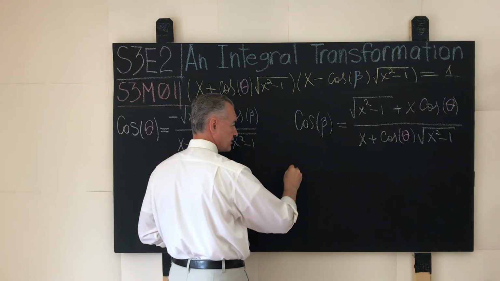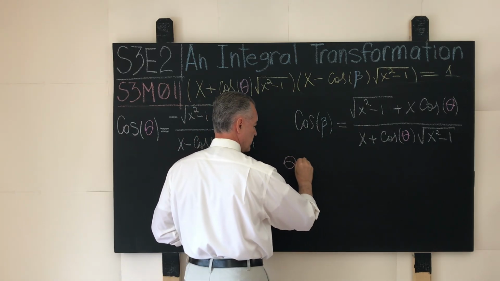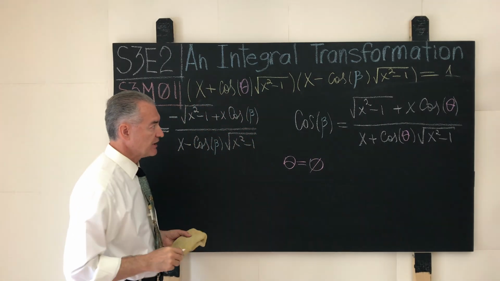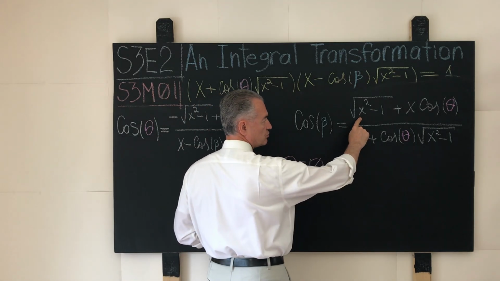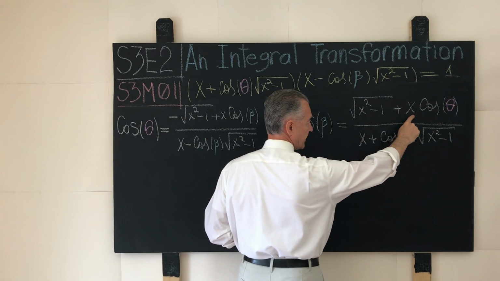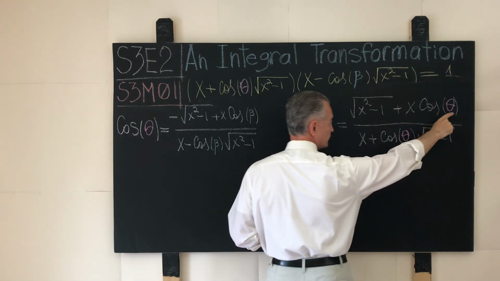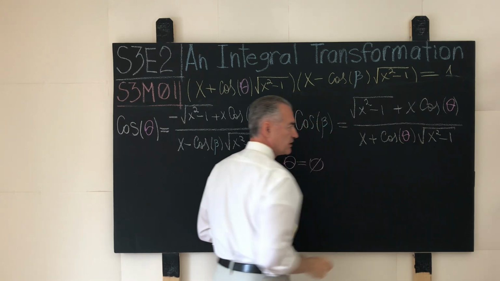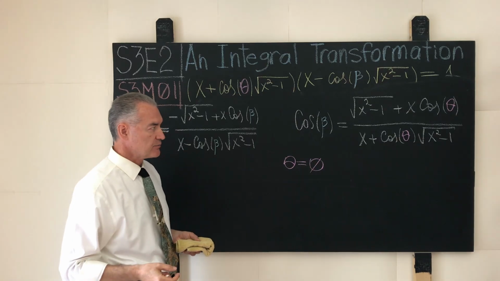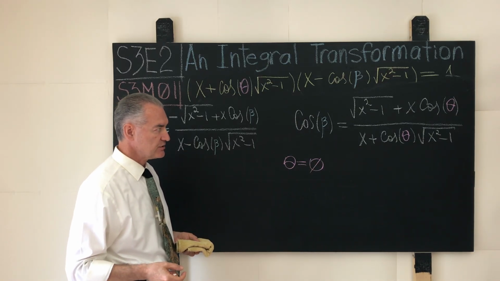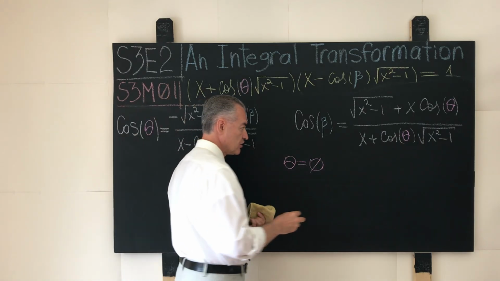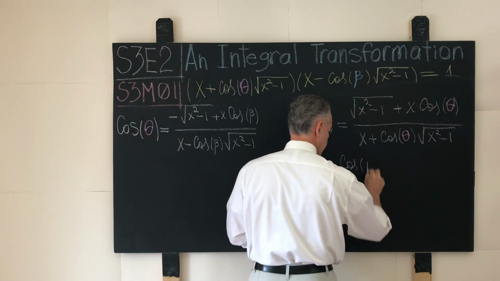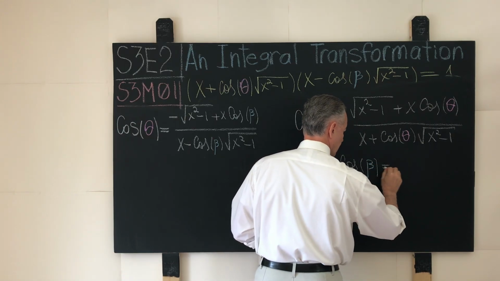So in this case, first let us consider what will happen if the angle theta is equal to 0. What will happen in this case? Well, in this case we will have square root of x squared minus 1 plus x, because the cosine of 0 is 1, over x plus basically the same expression. The real numbers commute under addition. So what do we have? We have that the cosine of the angle beta in this case is equal to 1,